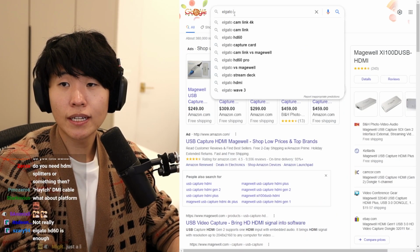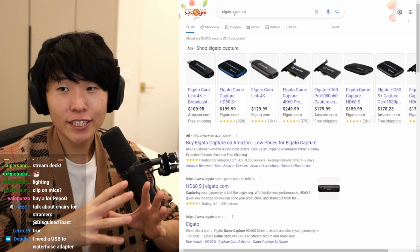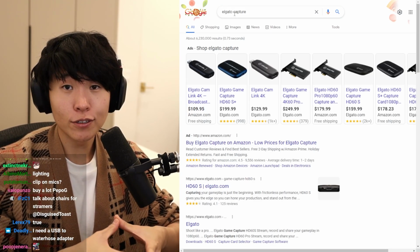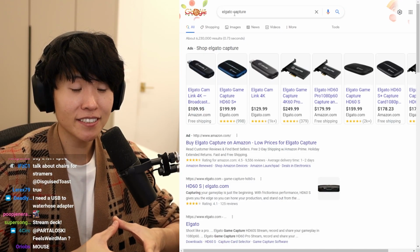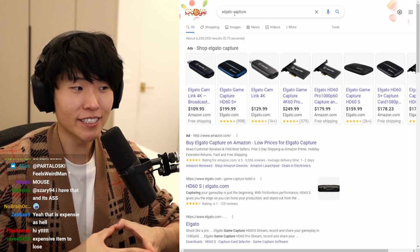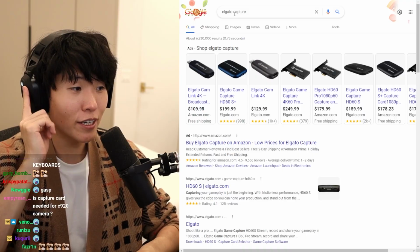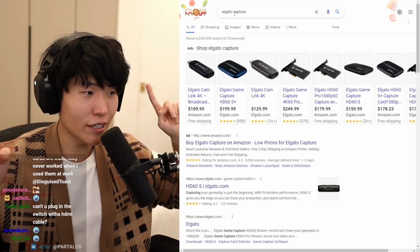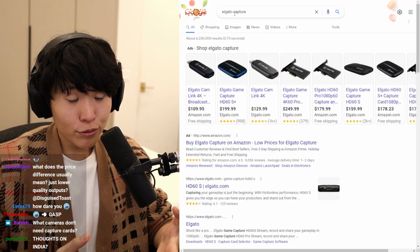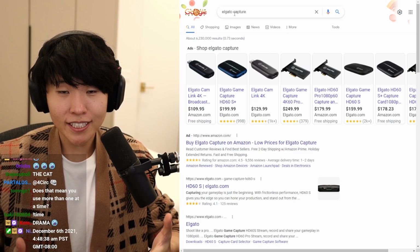Elgato does sell capture cards as well. I personally don't love Elgato capture cards. I know that's a very controversial thing to say, and it's a hot take, because if you guys are somewhat familiar with the space, whenever you hear capture card, someone will always say Elgato, Elgato capture card. I've used Elgato capture cards, and I would say they work like